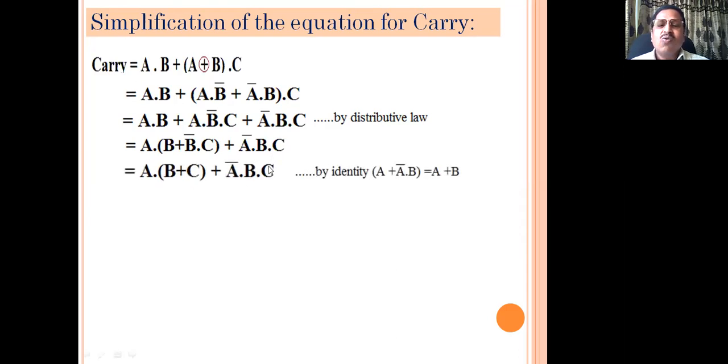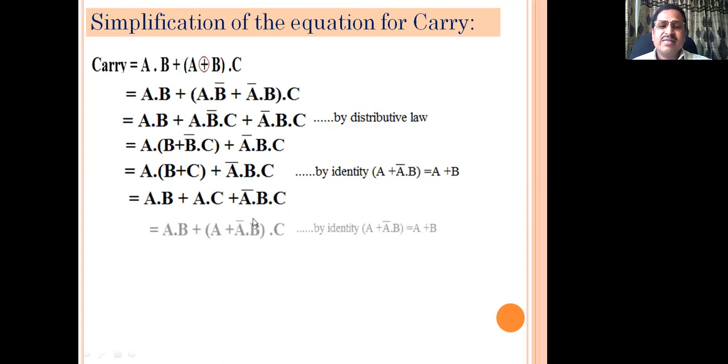Now, by one of the important logical identities you learned in the last topic, that is ORing a number with its complement and a second number, means A or A bar and B always equals A or B. Here A remains there, A is replaced by B and in place of B there is a C. So B or B bar C can be equal to simply B or C by this rule. Then again by the distributive law, it can be A and B or A and C, or the third term remains A bar and B and C.